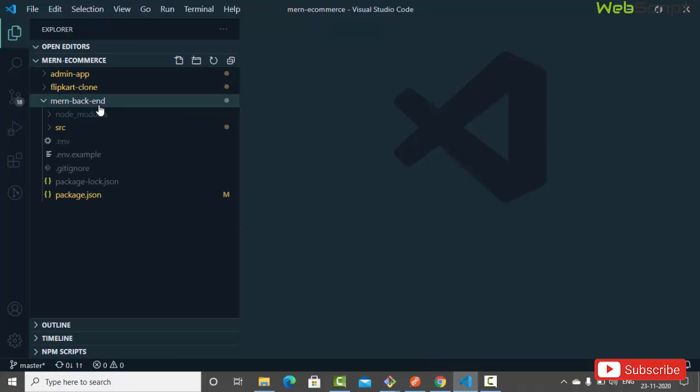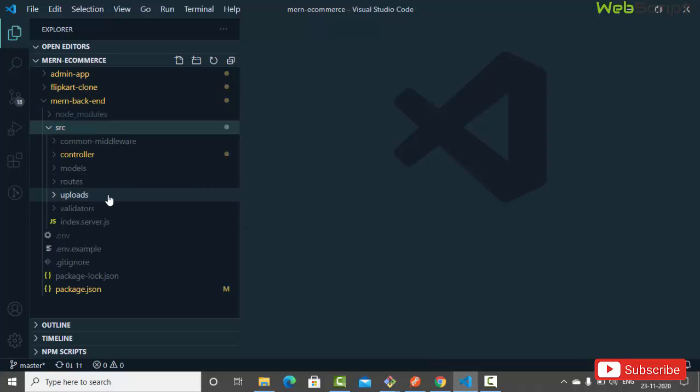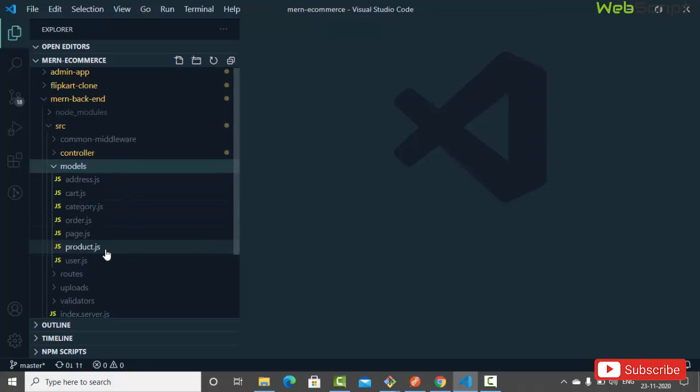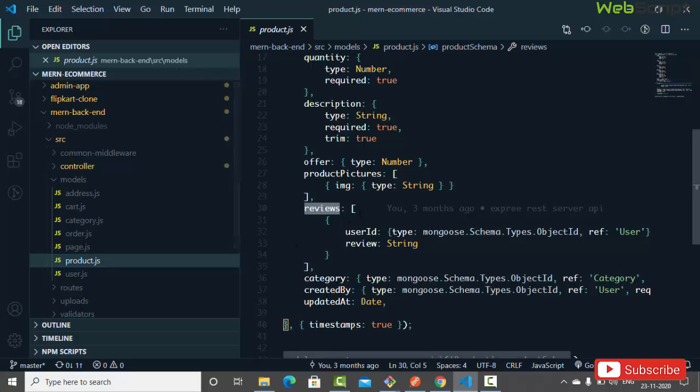You just go for the backend source, and you can see over here. There are a couple of ways you can do it, so just prefer one of them. You can see the product models. We have a product, and in this we have reviews over here, right? So we have a review array,